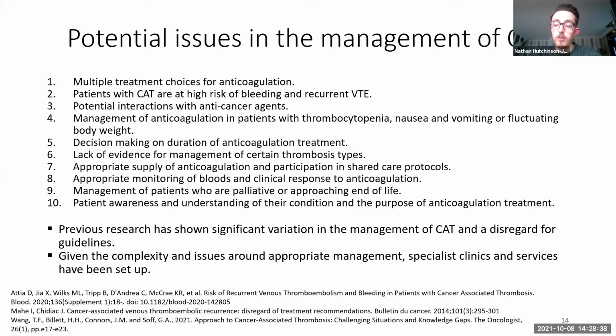By all means, we have not got a perfect service, and that is something that needs to be improved on the wider scale as well. Lots of research has shown that variation in the management of CAT has caused lots of problems for patients. There has also been a disregard and lack of awareness of guidelines when they've been implemented, which I mentioned earlier. And given the complexity of the issues around management, that is really the reason why specialist services and clinics have been set up,